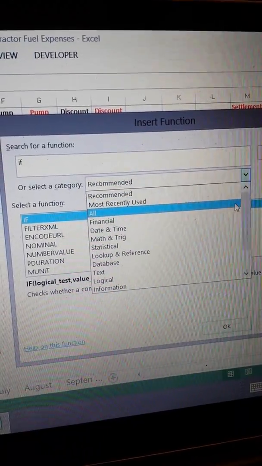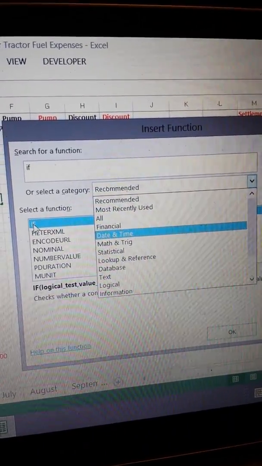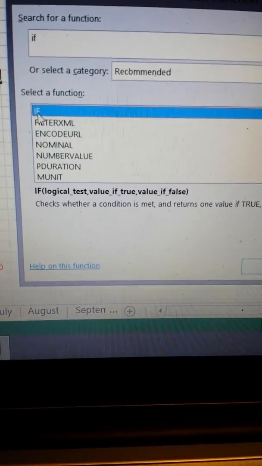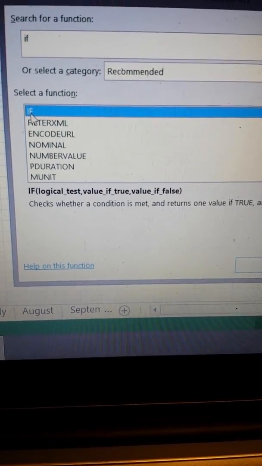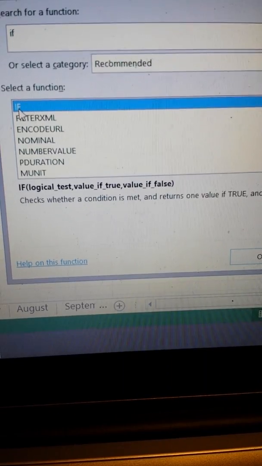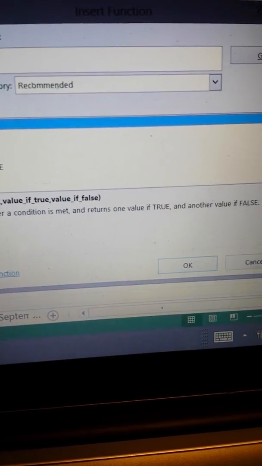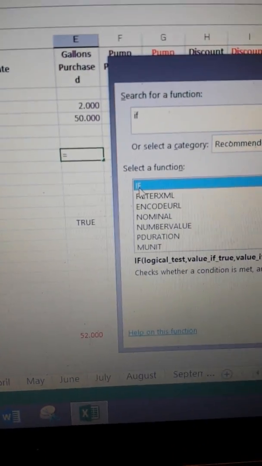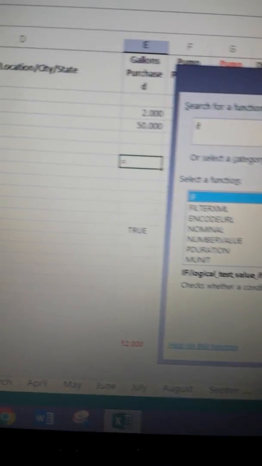Alright, oh there it is, boom. Alright, so again, this is how the wizard kind of teaches you. It says IF, logical test, comma, value if true, comma, value if false. So basically it checks whether a condition is met and returns one value if true and another value if false. So what we're doing is a test, and a simple test could